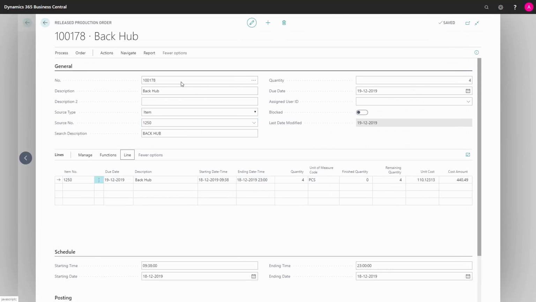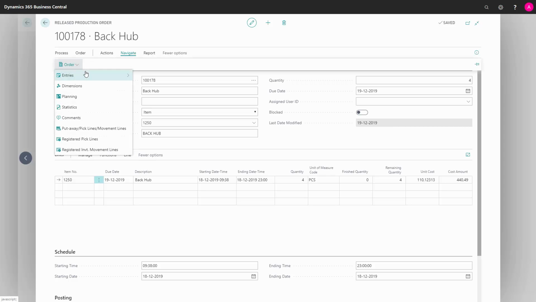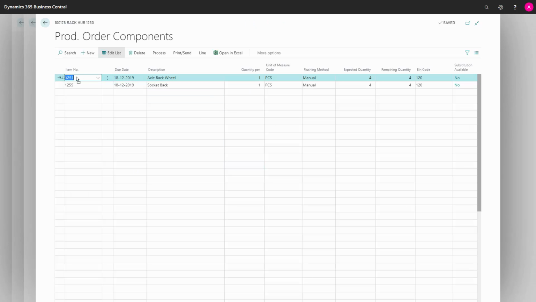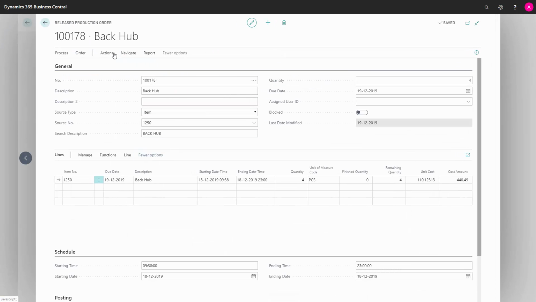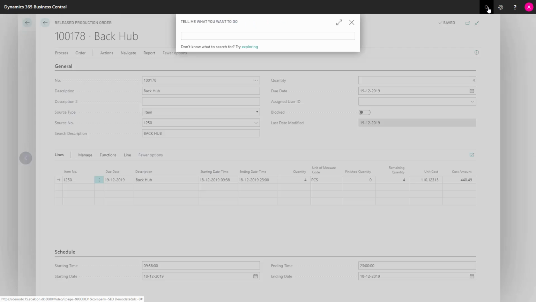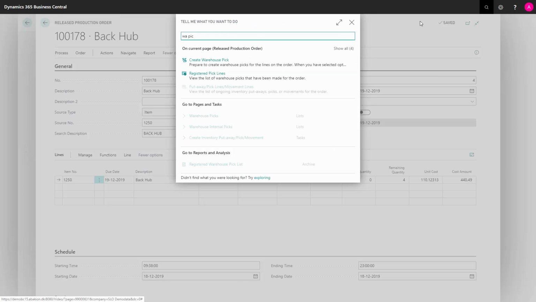So going into my production order, which for right now hasn't consumed anything, meaning I have no entries in here. I haven't created any pick or anything. On my component line, I can see that I need two different components, and the first one, my 1251, I would like to roll into the production area with quantity 10. So I already did the movement, and I just need to be aware now that on my production order, when I create my warehouse pick like this, there will be one issue of this strategy that I need to be aware of. I will go into the warehouse pick.